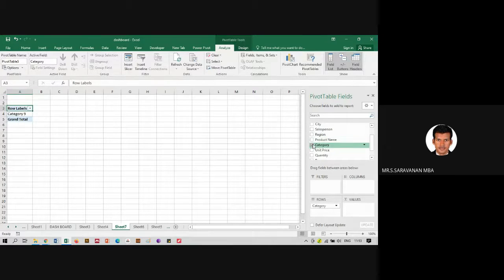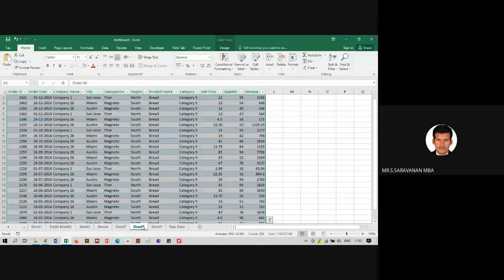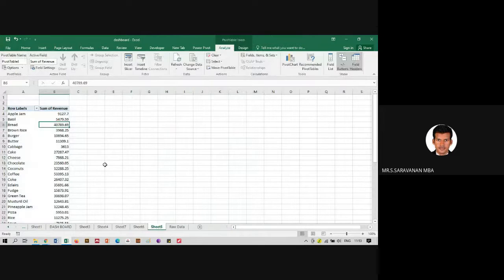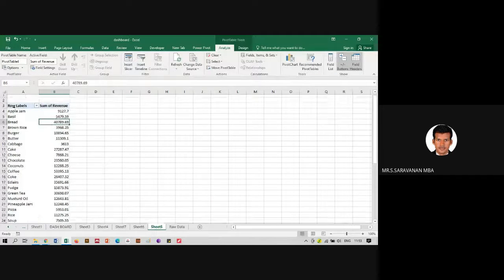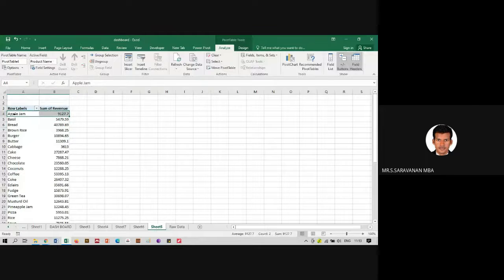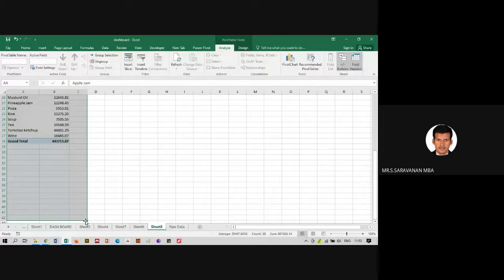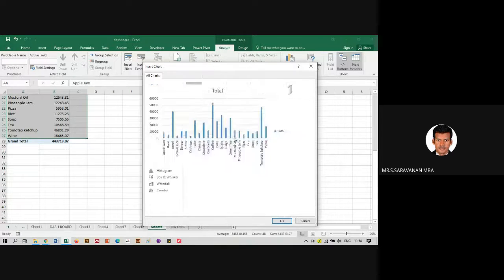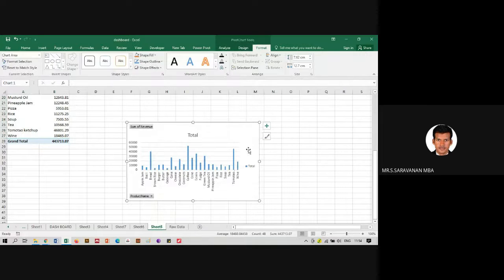Category we want to get. We'll take this table now.